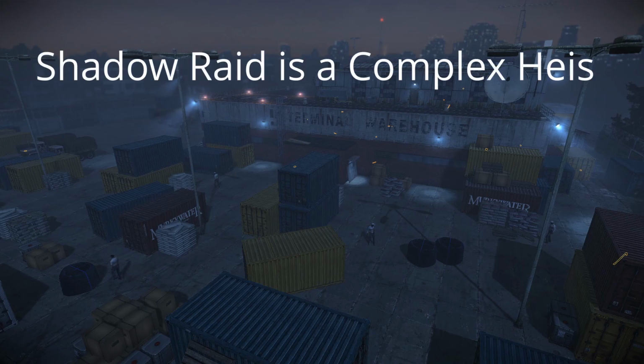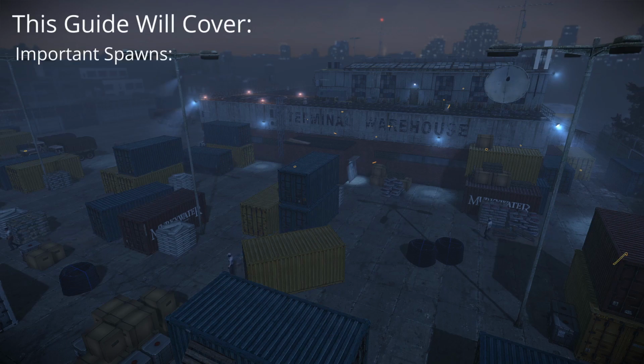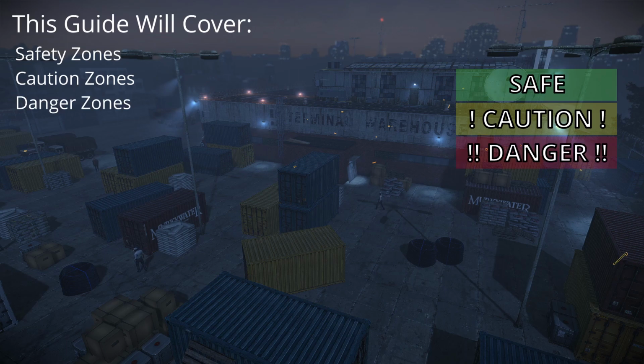Shadow Raid is a complex heist, with the most varied loot of any map. It is arguably the most thought out pre-planning and options for approach. This guide will cover important spawns, including crowbars, crates and unbagged loot, safety zones, caution zones, danger zones, how to